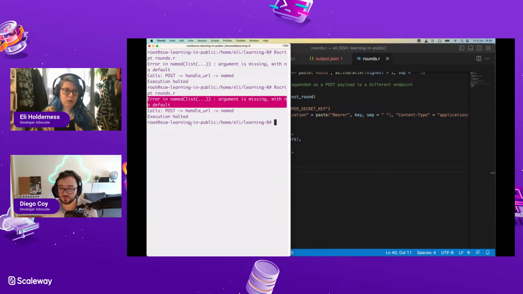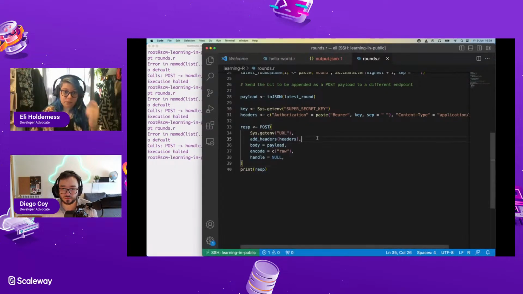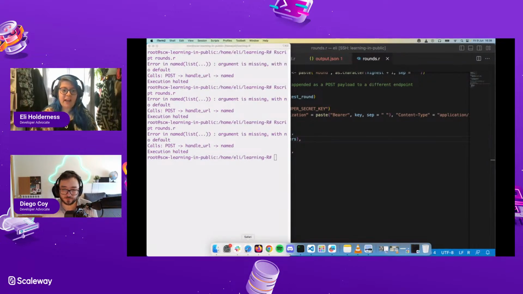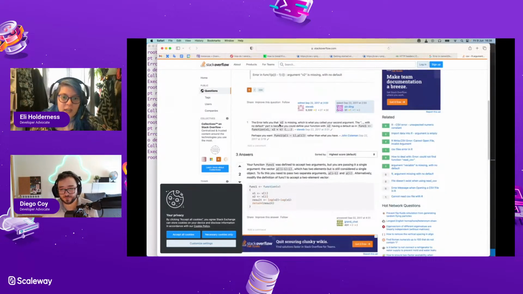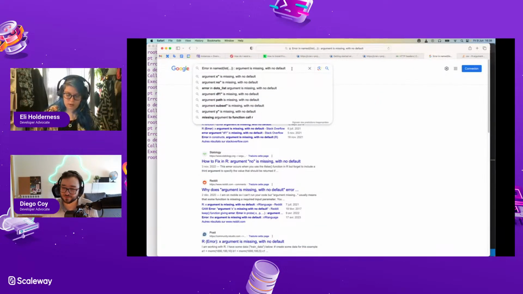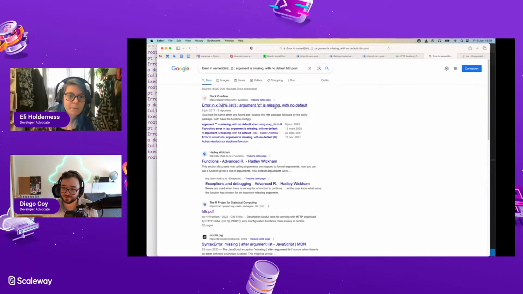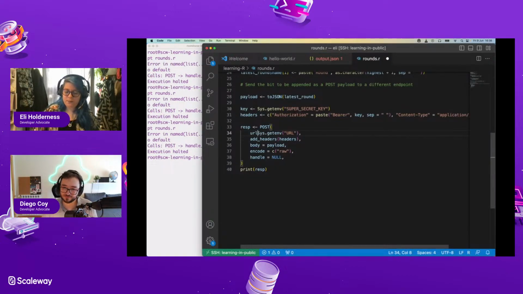And maybe the content of the response? Yeah, there's no response. Same thing. Okay. It can't find it, it's failing before it gets to the point of actually making the call. So is missing HTTR post. Let's see that. Right. It called post, and then it called handle URL, and then it called named. So what on earth is going on? Oh, I bet I do need this. Oh, no, actually, I shouldn't. I shouldn't need that. Because the other post examples don't have it as a named variable here.